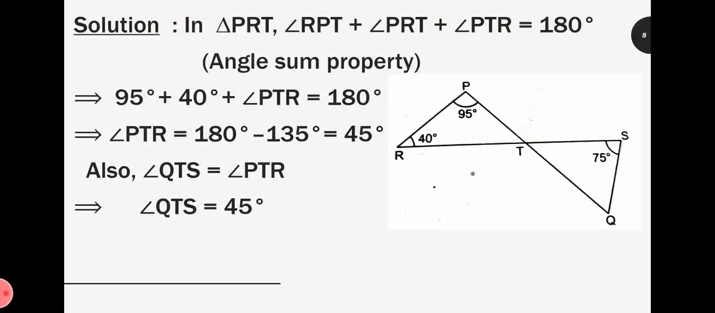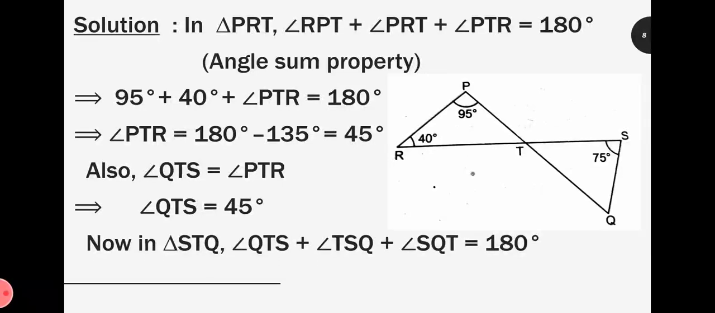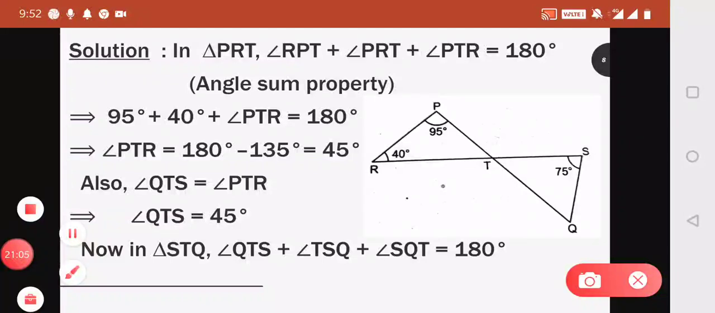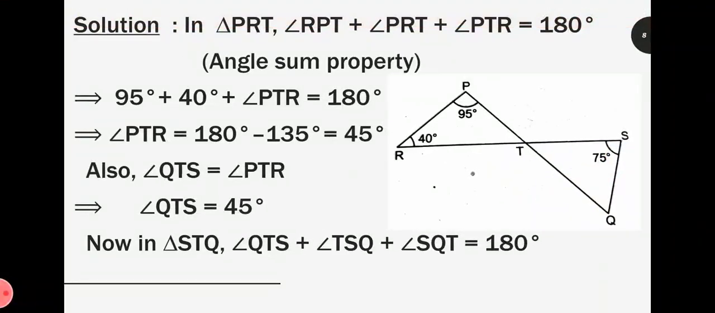So we write angle QTS equal to 45 degree. Now in the second triangle, that is in triangle STQ, using the angle sum property, we know that the sum of all three angles of this triangle will be equal to 180 degree. So angle QTS plus angle TSQ plus angle SQT, that is when we add all the three angles of this triangle, we will get 180 degree by angle sum property. Now inserting the values, we get